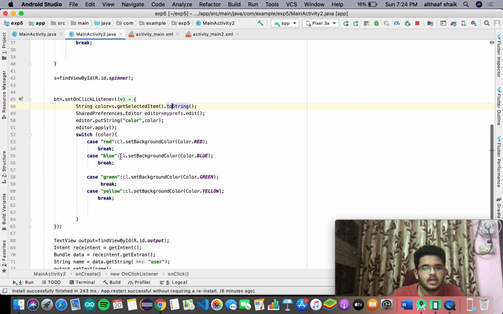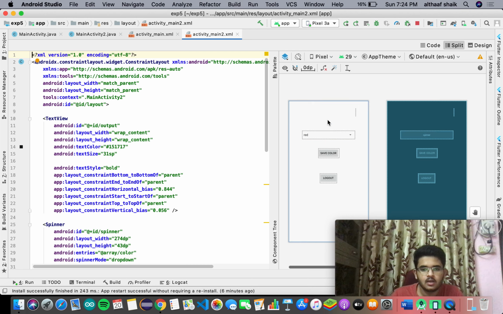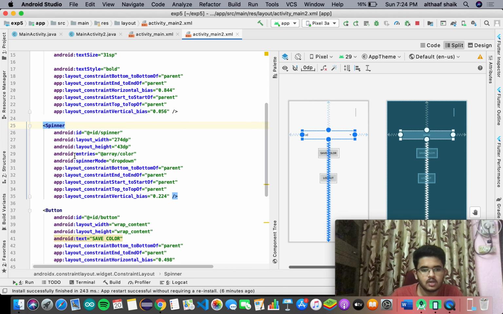Okay, I'll show main activity 2 here. In main activity 2, we again obtain the object of the same shared preferences, and we use a spinner for selecting the color. This is a text view where we display the username. This is a spinner where we have colors.